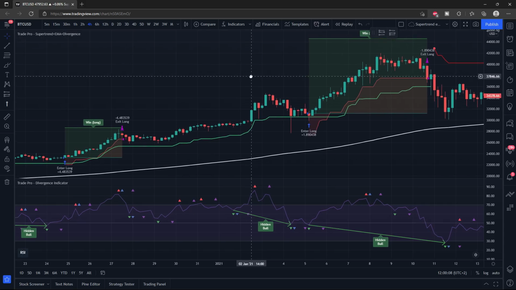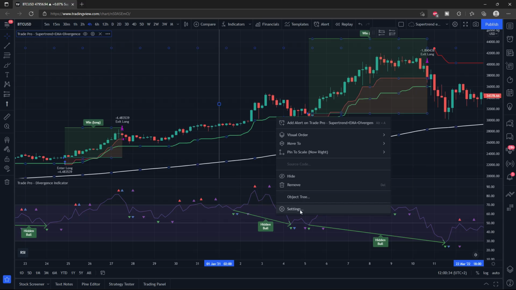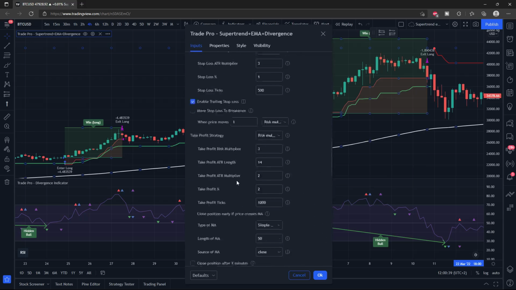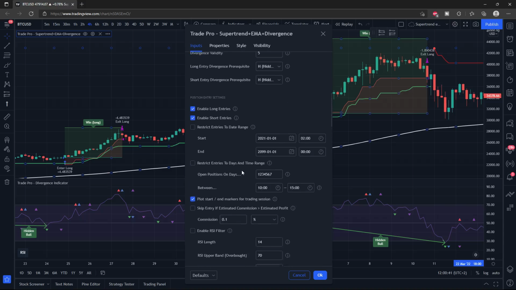All right. So that is the divergence detection, and there are so many little things that you can change within the divergence indicator within the actual strategy script itself. But I'm going to kind of breeze through all the different features and customizable settings within the strategy script itself for the rest of this video, as I don't want it to be too insanely long. It would take a very long time to go through every little thing, but I'm just going to kind of go through every single one of these settings so you can get a general idea for what all the different